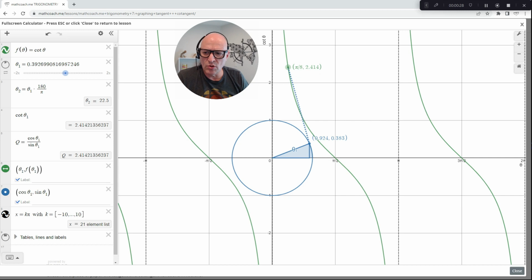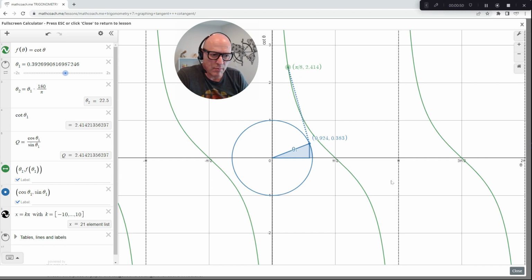I can see the cotangent of 22.5 degrees is 2.414, and I can see that plotted here, at 2.414. And also I've got my asymptotes plotted, at every integer multiple of pi,